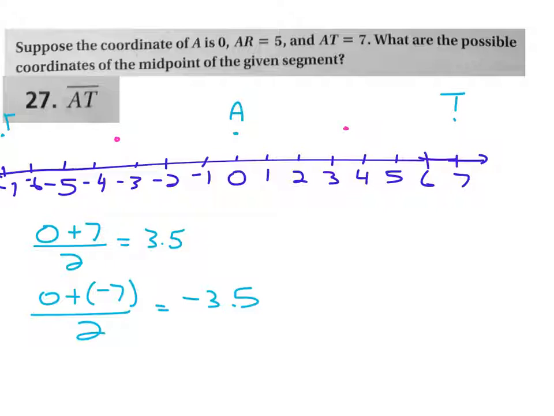Okay, so we don't know which direction from A, T is. We don't know whether it's 7 units above it at 7 or 7 units below at -7. We just know that the total length works out to be 7. So since those are two possible coordinates of T, we use both of those coordinates of T here in finding out what the midpoint is by adding them together and dividing